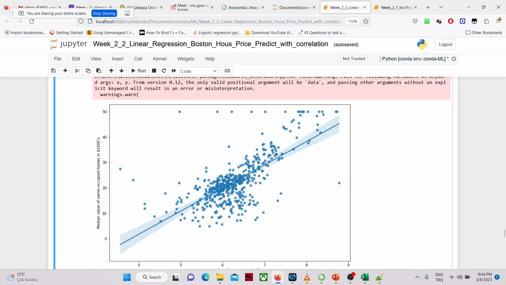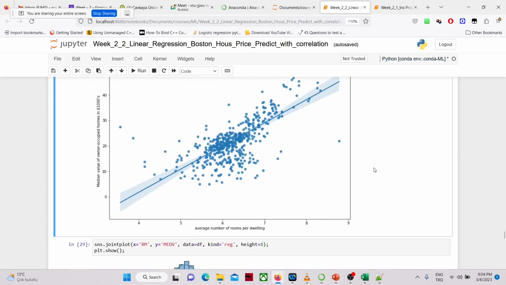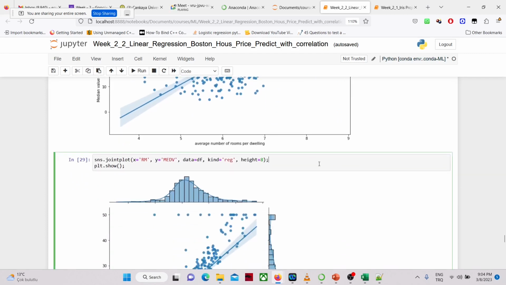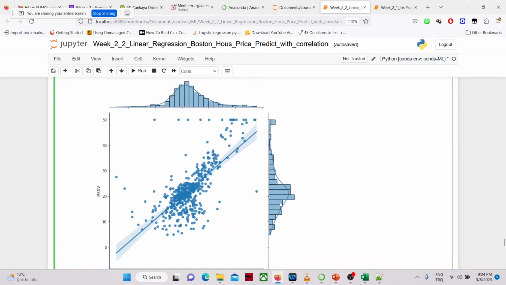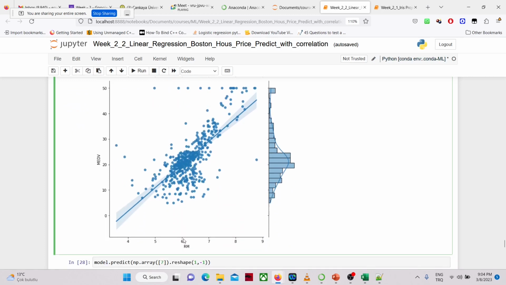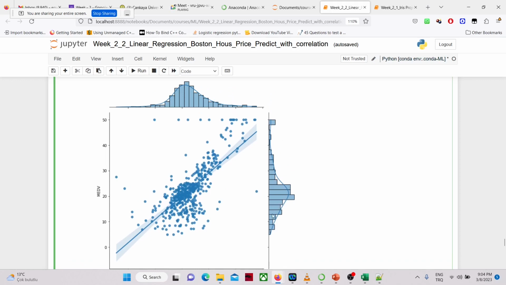And by visualizing this line, we make sure that what we created is more or less representing our data. There is another way of displaying this data, just to see the distribution of the data. As you see, the distribution gets denser close to 20 in the y-axis and close to 6 in the x-axis. This is a representation with a histogram, so that you can see the distribution of x and y values on a histogram at the same time with the pair plot